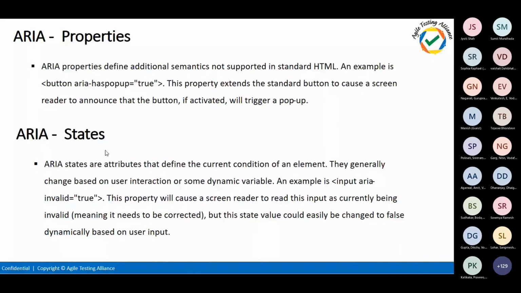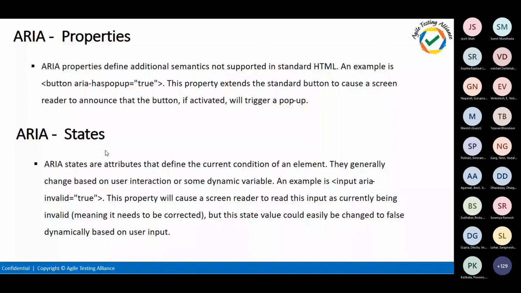The next one is properties. The property is the kind of element, like is it a pop-up, or is it an alert and other things. And the state talks about the current state, like is it hidden or is it disabled. So role, property, like is it going to be a pop-up, or a table, or an alert. All these things come under property. And the state talks about whether it is disabled or visible or not. All those things come under states.